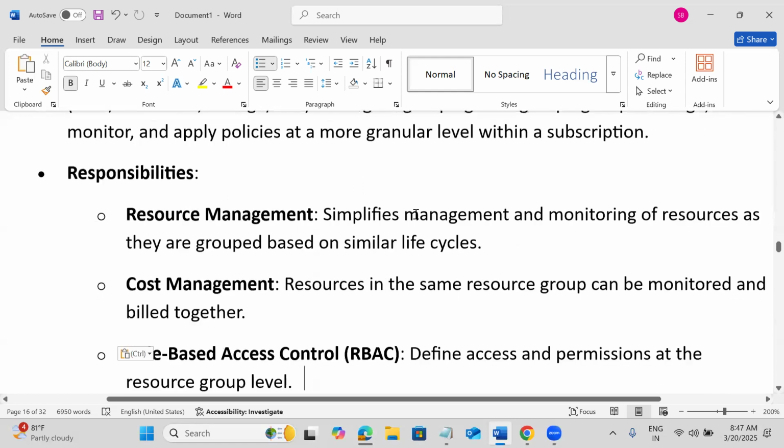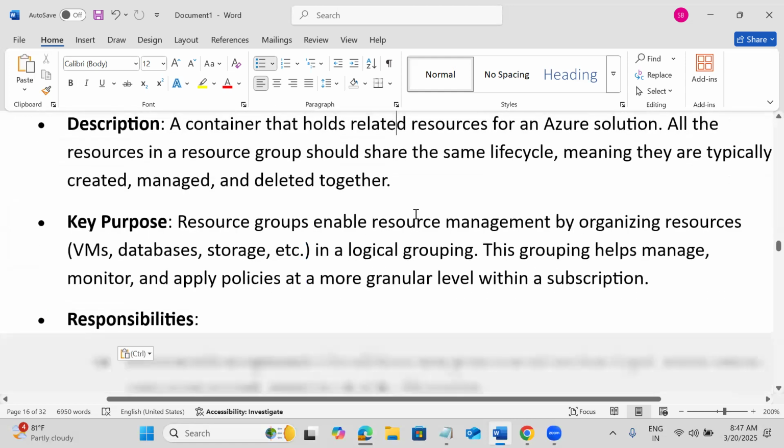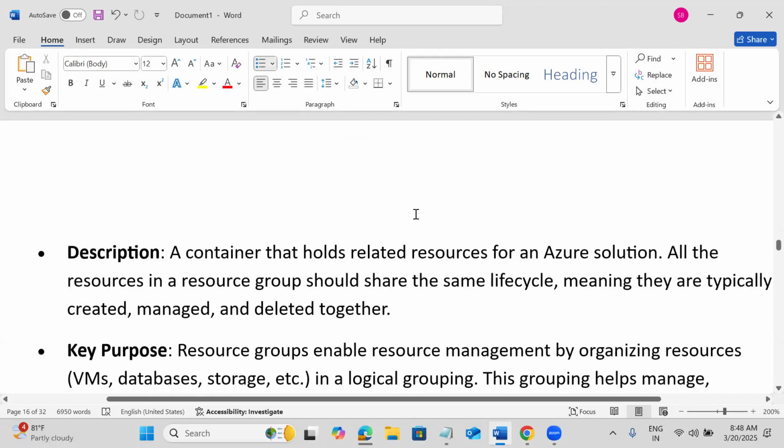So finally, very, very important is resource groups. We are going to create the resource groups. Under the resource groups, similarly, project wise or team wise, or maybe environment wise, dev environment resources in one resource group. This is up to us how we are going to organize.